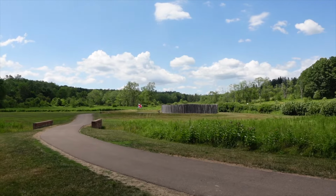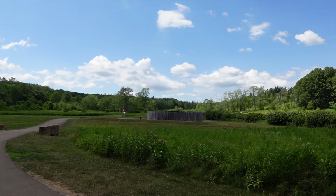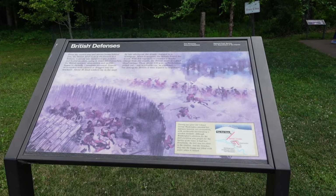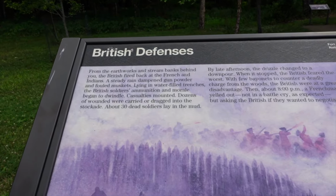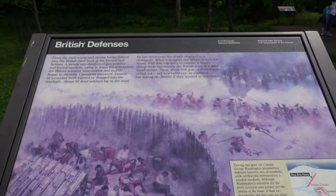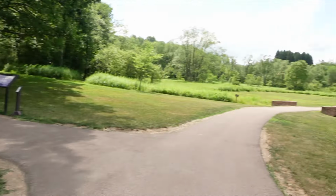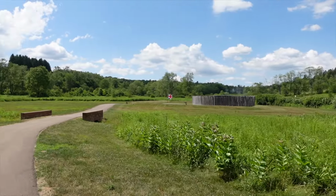400 British at the fort. 100 of them were sick, so only 300 fighting. 30 died, 70 were wounded in the British defenses. And yeah, 30 soldiers lay dead in the mud. And it actually rained that day to make matters worse. Oh! All right, so there's firing demonstrations. Let me run up there and...